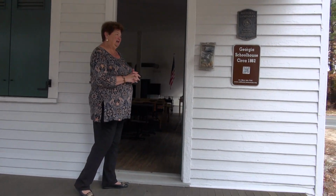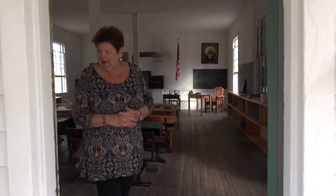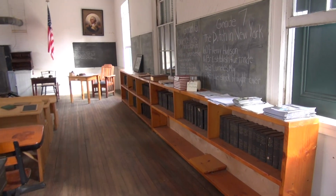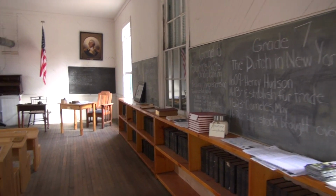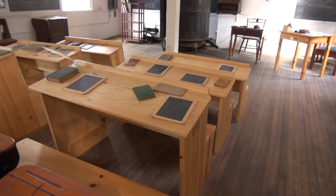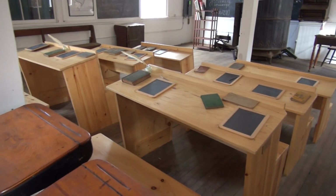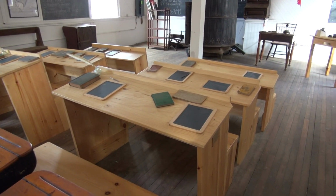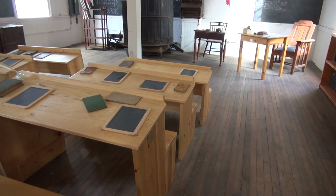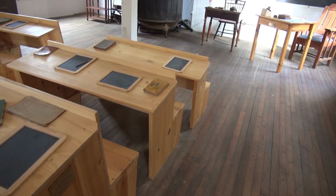So come on in and let's see what life was like in this schoolhouse in 1862. Of course, the desks are from about 1850. The wooden double desks were built by an Eagle Scout from Freehold Township, Andrew O'Sullivan. He actually went up to Vermont and got the wood for these desks, and it would have been 2 to